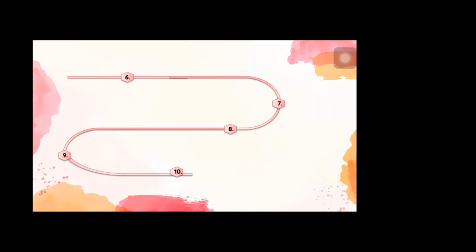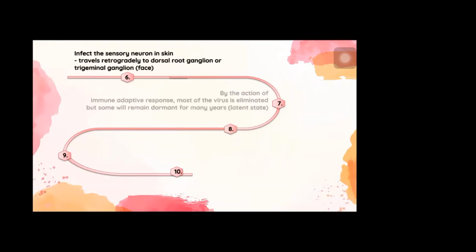Another thing, after the release of the virus by the T cells, aside from infecting the keratinocytes, it can also infect the sensory neurons in the skin, where it can travel retrogradely to the dorsal root ganglion, or the trigeminal ganglion if it is in the face. But by the action of the adaptive response in our body, most of the virus will be eliminated. But they will